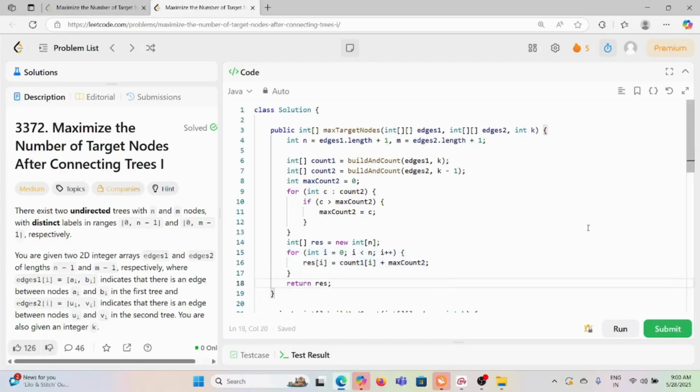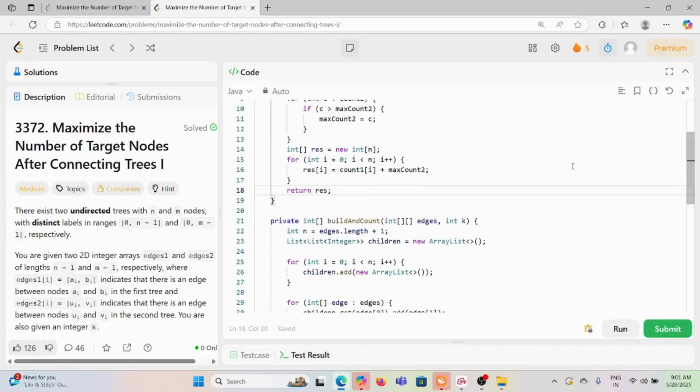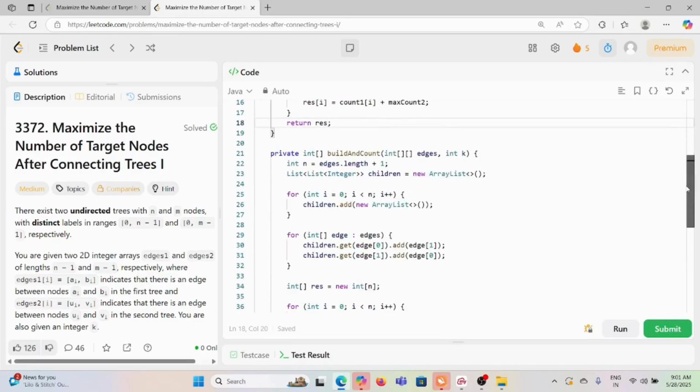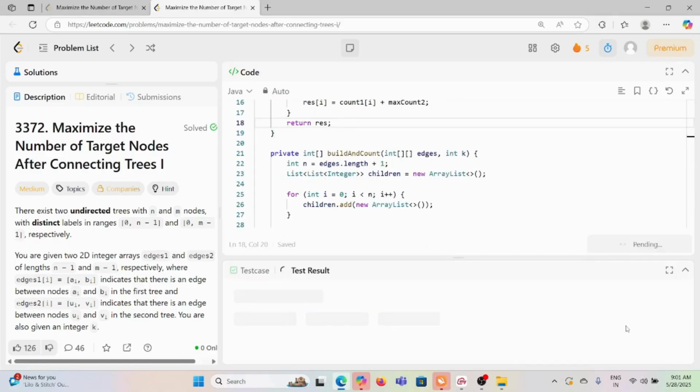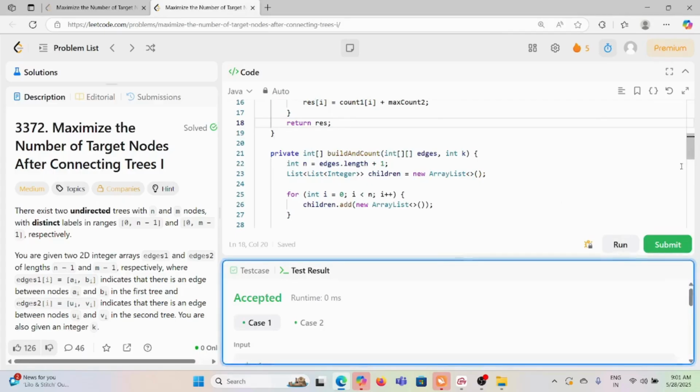Okay, then after doing this we are returning this res. This res would be our answer. Now what is the time complexity here? Let me execute this code, though I have already executed it. So what would be the time complexity? So you guys can see